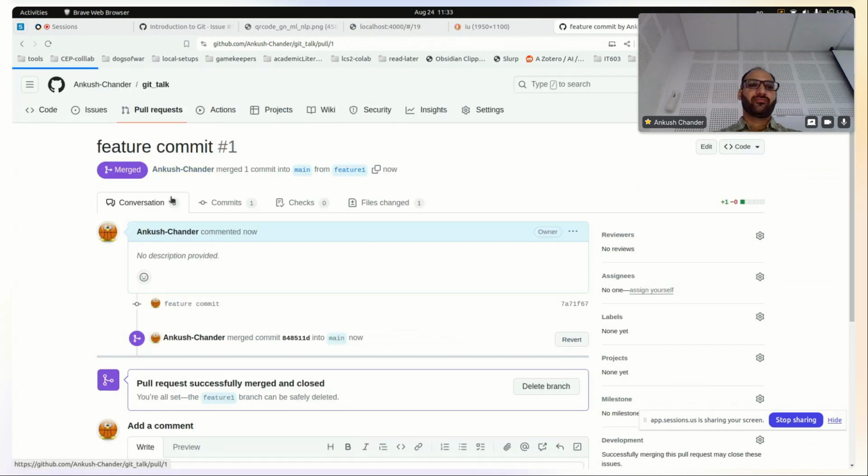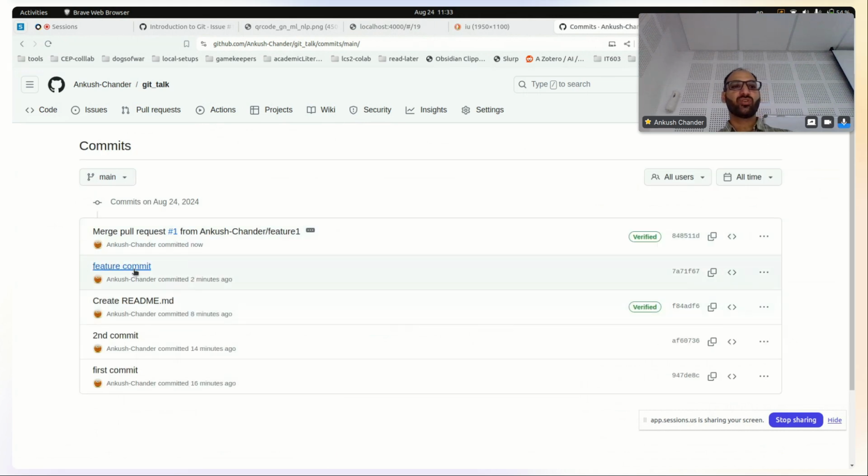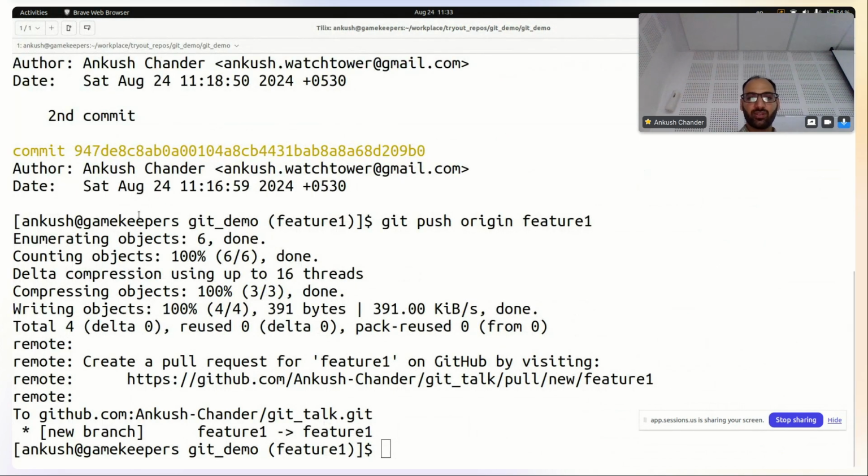Okay. Now what happened over here? Feature 1 का जो commit है वो यहाँ पे merge हो गया. This is the commit the developer did and this is the merge step that has happened, right? And now what I can do is